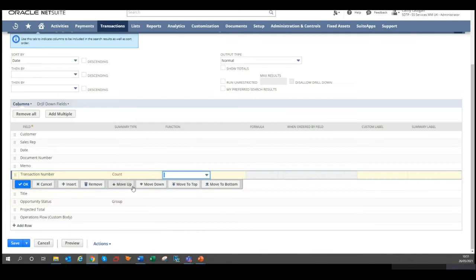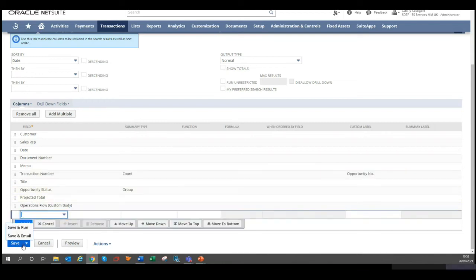What we also can do here, as an aside, is change the label that's on the field. When we look at our saved searches now, the headers or the labels on the fields are the names of the fields. But if you want to change that, you can go into custom label and add our own label to the field. So if we save that now,